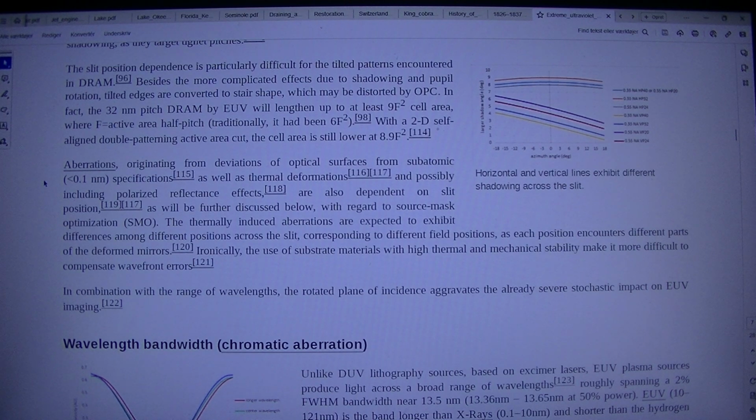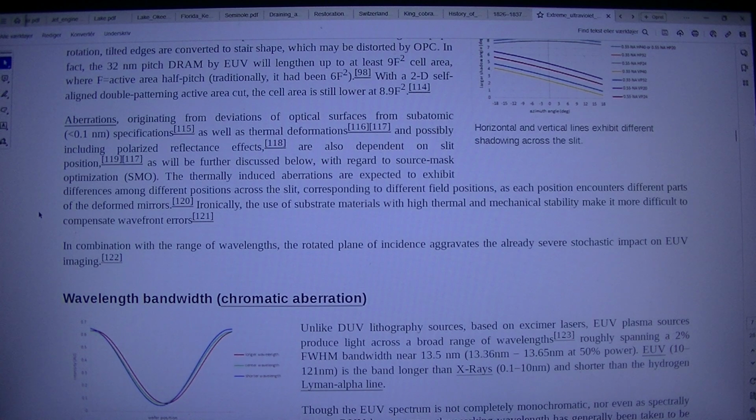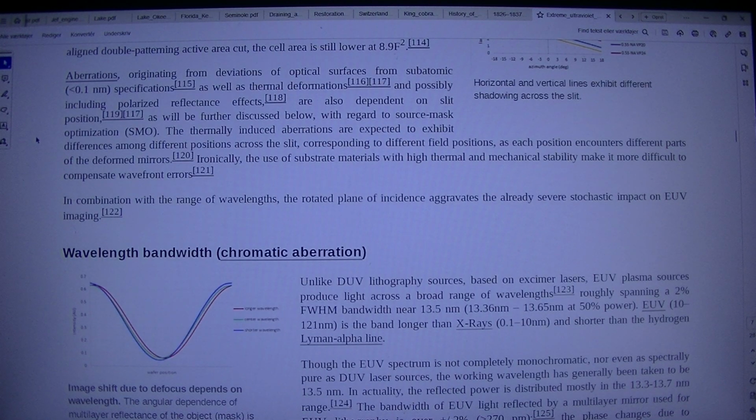Aberrations, originating from deviations of optical surfaces from subatomic, <0.1 nm specifications, as well as thermal deformations, and possibly including polarized reflectance effects, are also dependent on slit position. As will be further discussed below with regard to source mask optimization, SMO, the thermally induced aberrations are expected to exhibit differences among different positions across the slit, corresponding to different field positions, as each position in